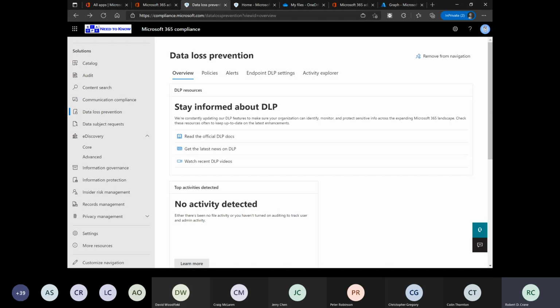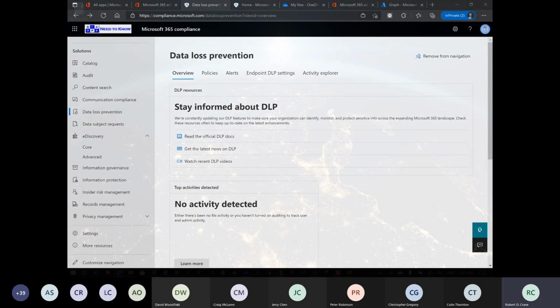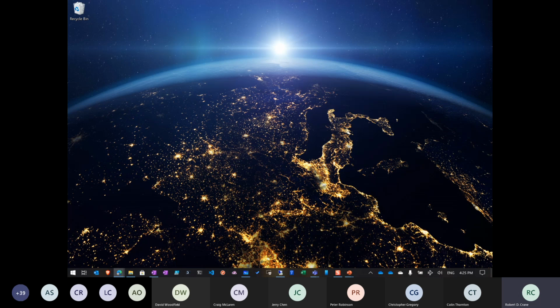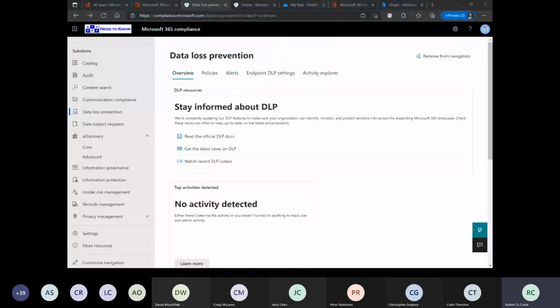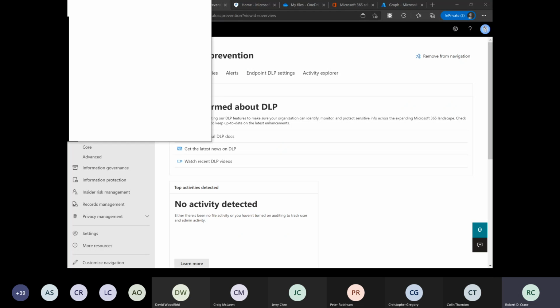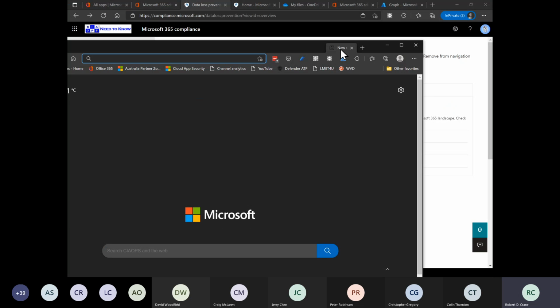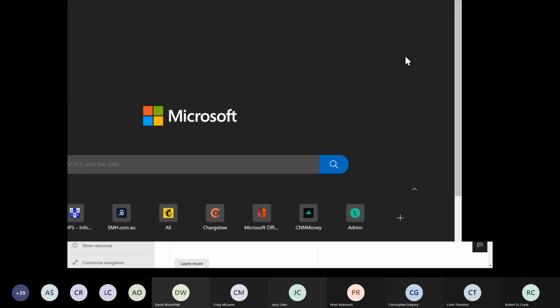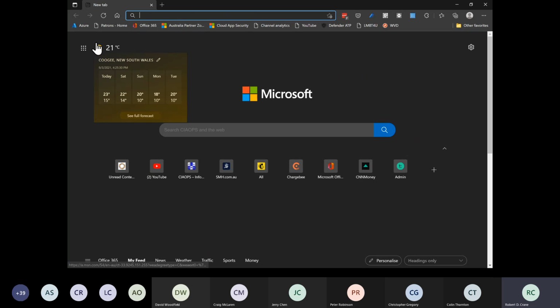That's not the best one. This one, is that the best one? No, this one's probably a better one. Let me pull down and show you and expose to the wide world the production environment, because that's generally the best one. Okay, so what I'm going to do here is I'm going to log into Azure, because I prefer doing this through Azure. There's a couple of different ways to get to